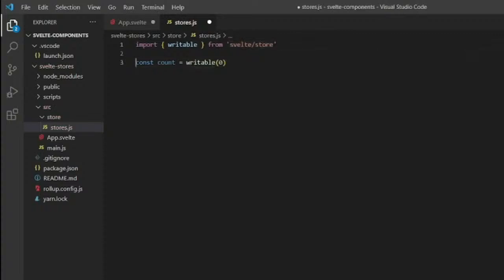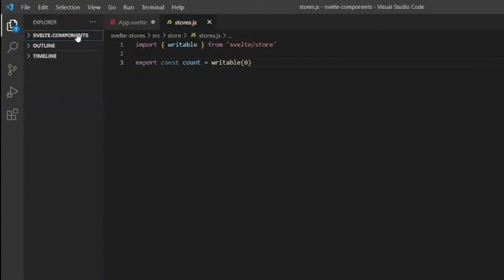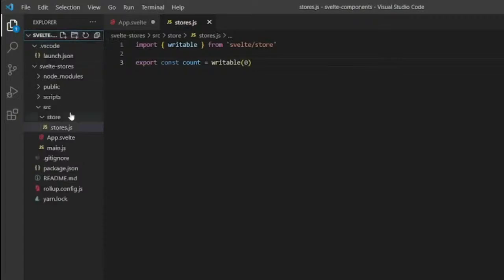And there we have it. We have created our very first store in Svelte. Let's export the store to use it in the other 4 components. Alright, now that we have our store, let's proceed with step 2, which is creating a component to display the